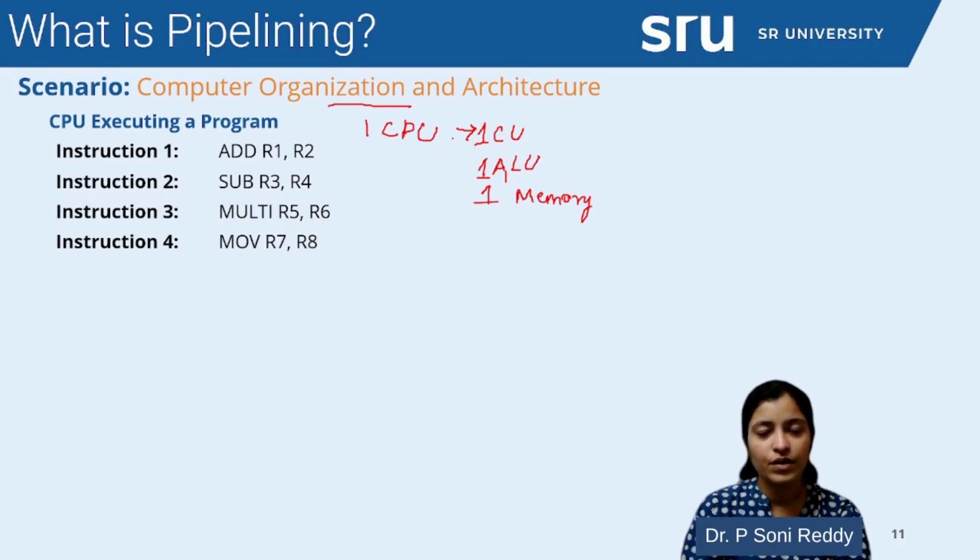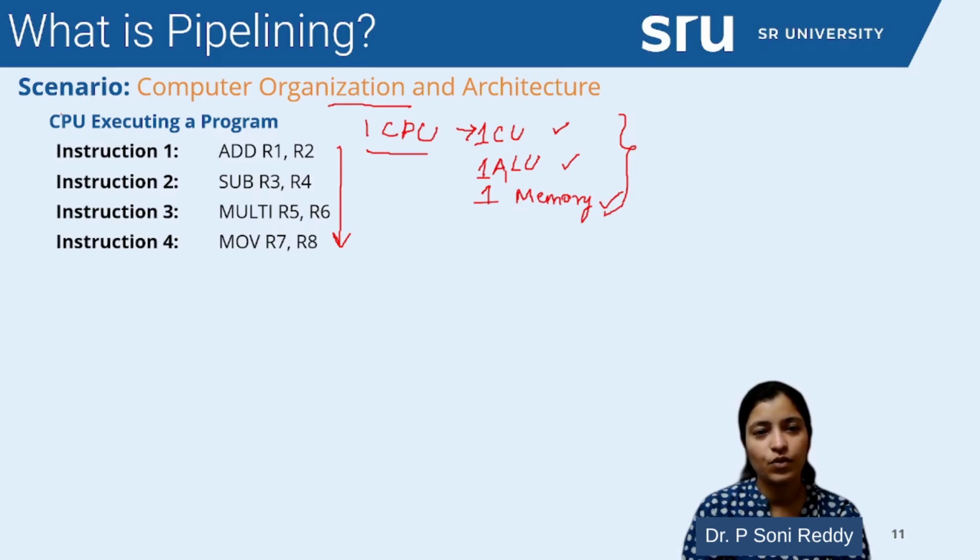So one CPU is having one unit each. In my previous example, we had person number 1, person number 2, person number 3. Here we have the first person as control unit, the second person as ALU, and the third person as memory. So you can correlate with that example. Those people in the assembly line are nothing but the hardware resources of the processors in your actual computer system. Let us assume that this computer system is going to execute this program.